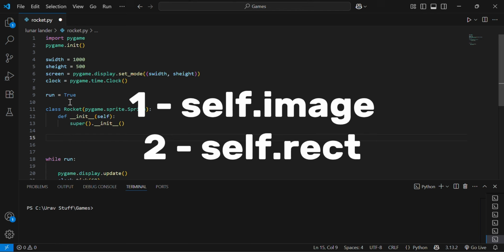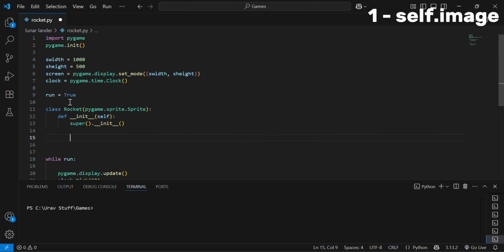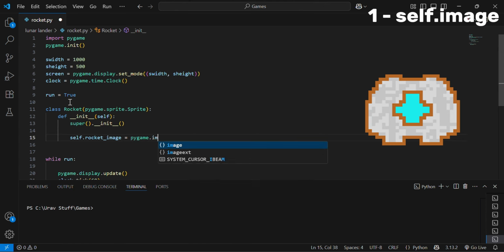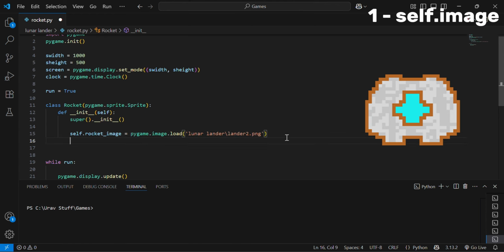We first need to import in the images that we're going to be using. So what I'll do is I'll create an attribute called self.rocket_image, and I have a custom image that I want to use for this rocket. So to load that image into the program, we have to run pygame.image.load, and then in here you pass in the relative path to your game. For me, it's that, and